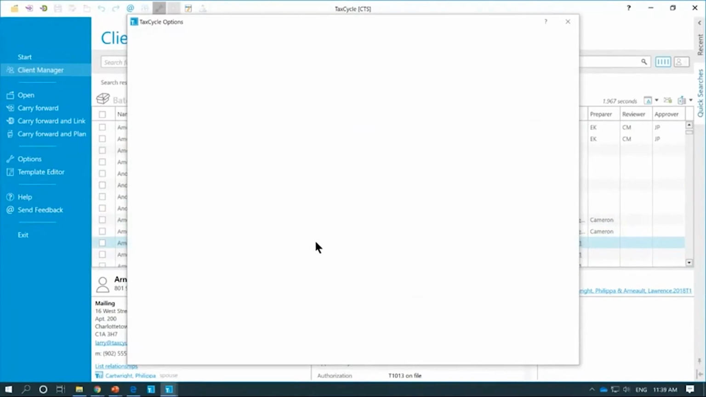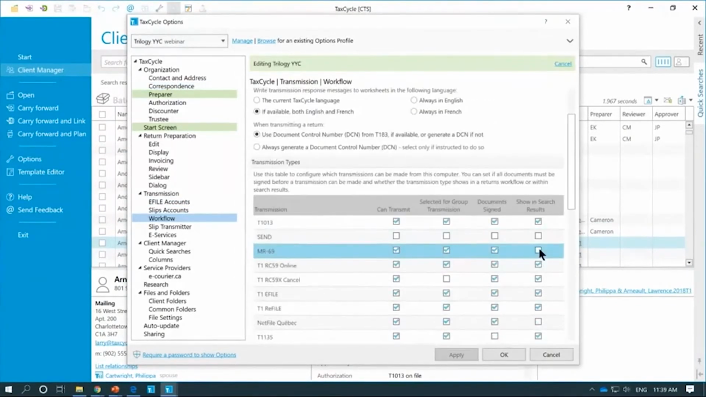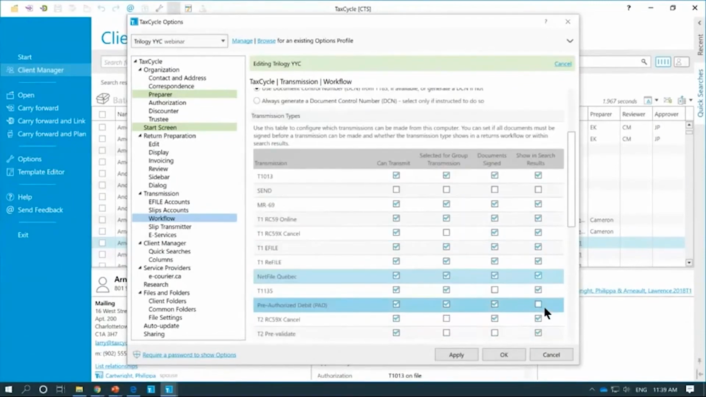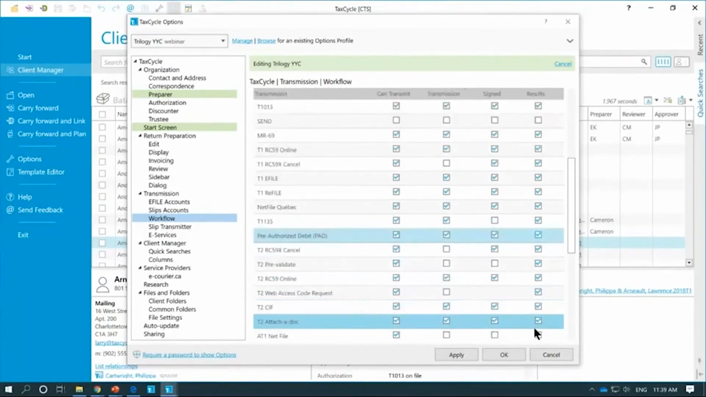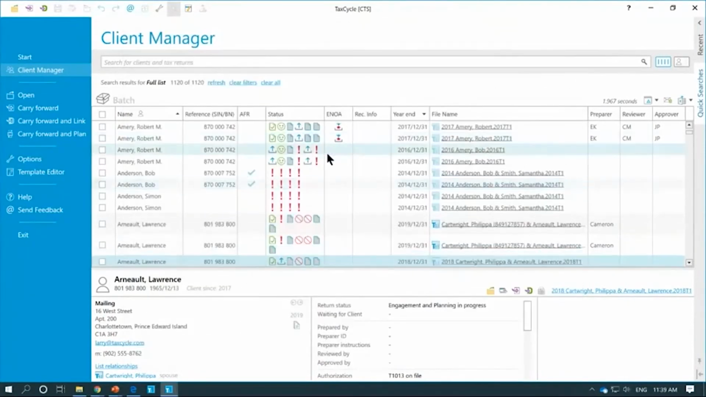Again, back in options, transmission workflow, you can customize which transmission types appear. I'm turning them all back on in the aggregated view of the transmission status column. Just as a tip there, in case you don't actually use the entire set of transmissions available to you for the given return type. So now that we've sort of got through applying filters, saving those filters in saved searches,